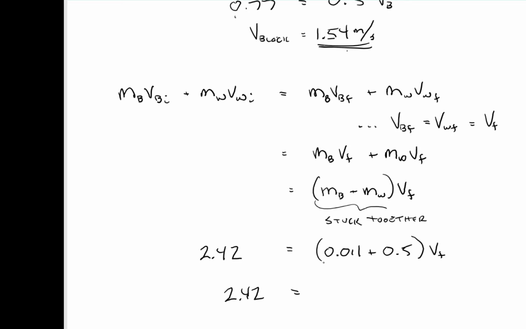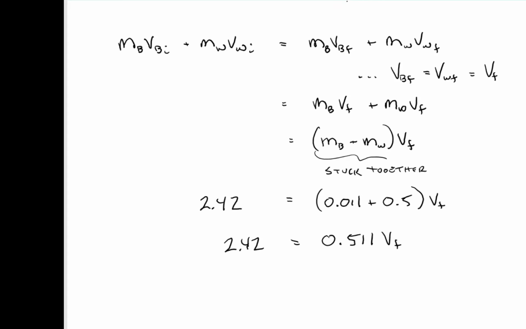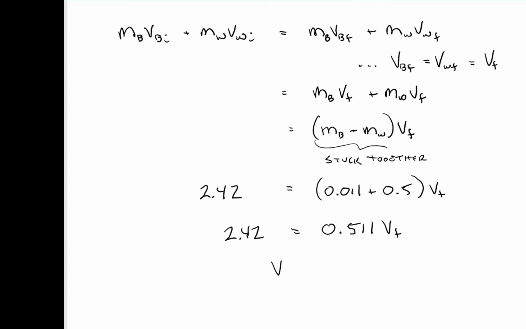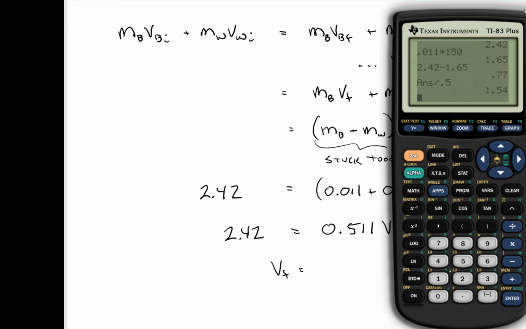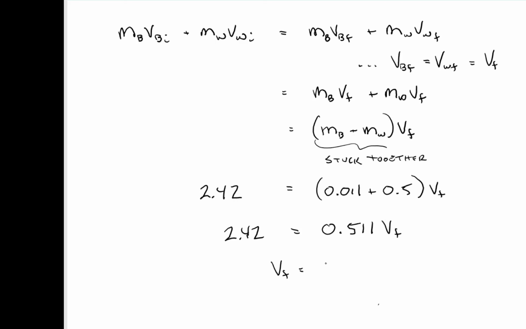And when I add the masses, I'm going to get 0.511 times V final. And so the last step would be to divide by 0.511, and I'll get a new velocity. I get 2.42 divided by 0.511, the total mass of the bullet and the block, and it's 4.73